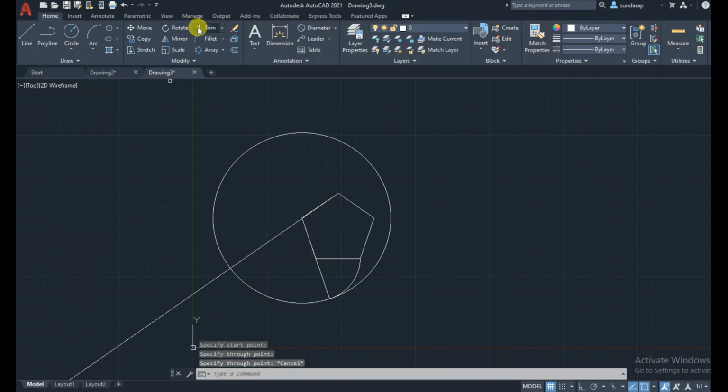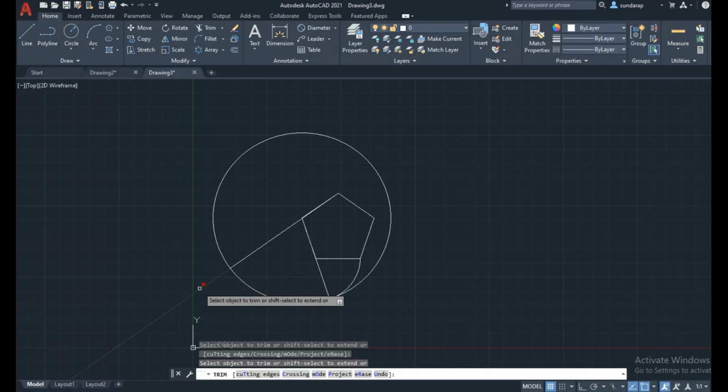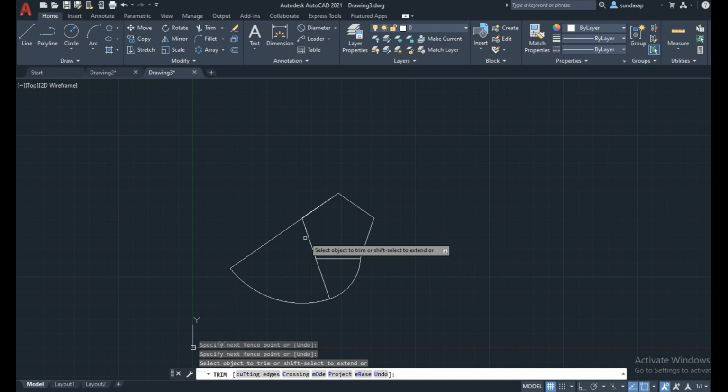Again you can use the trim command. So the first face is unwound, the second face is unwound, and I got the curved line there.